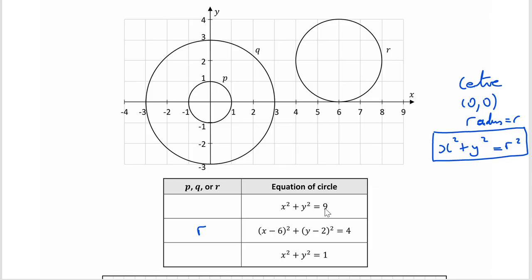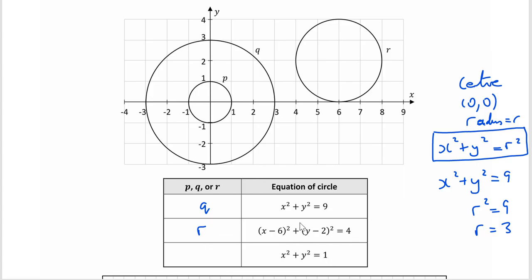So one of them has radius r squared equals 9, and one of them r squared is equal to 1. So this one over here, x squared plus y squared is equal to 9. That means that the radius squared is equal to 9. Take the square root of this side, you get r. Take the square root of this side, you get 3. So a radius of 3 here, 1, 2, 3. That's circle Q. And the other one has to be,